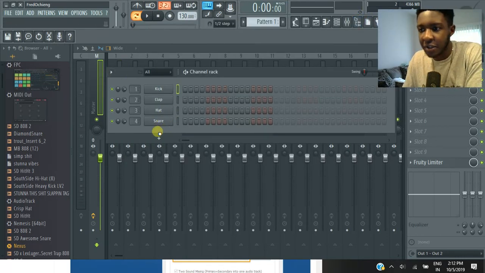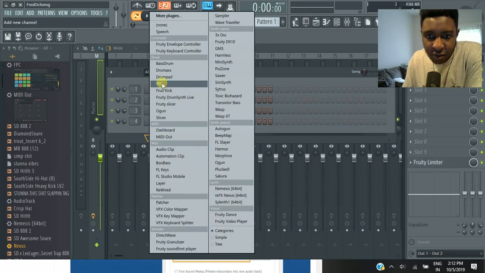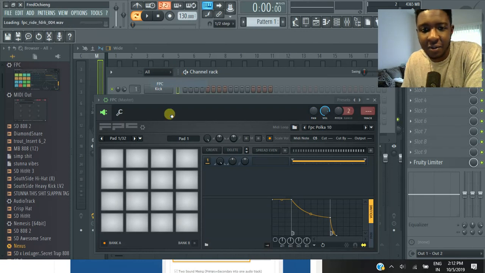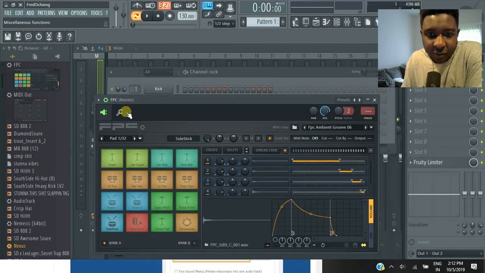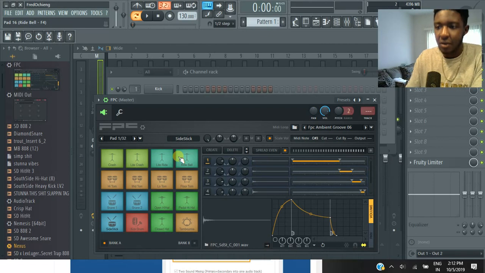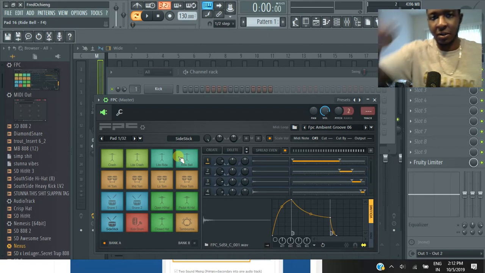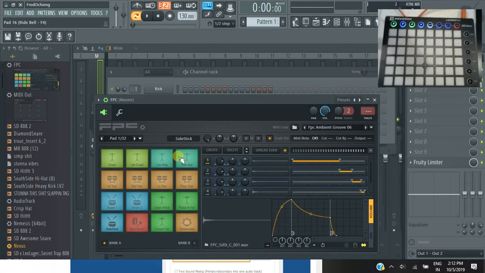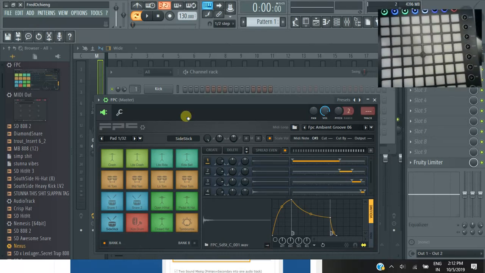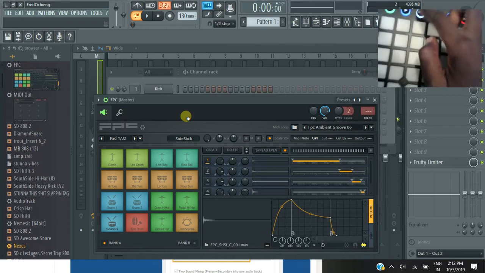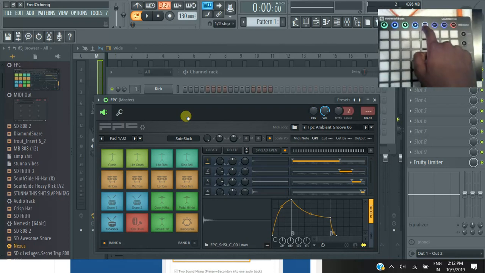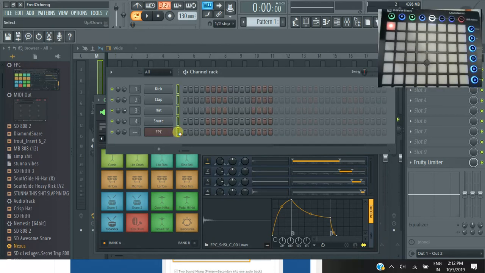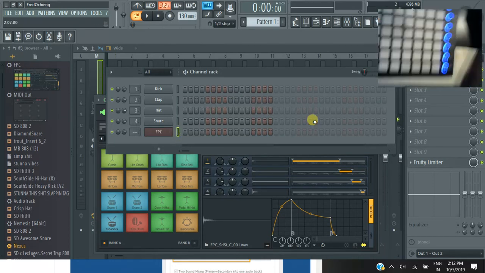So just to prove this works still, I'm just gonna go into one of these drum kits, drum synths, whatever you want to call it, FPC, and I want to get this pad configured just so we can see it work. So let me move this camera. So on my pad, I have a session button. So what I'm gonna do is I'm gonna hit the session button, and you'll see it light up. And I'm gonna make sure I'm also on this green on the FPC, and then